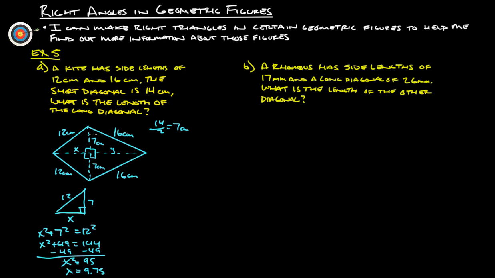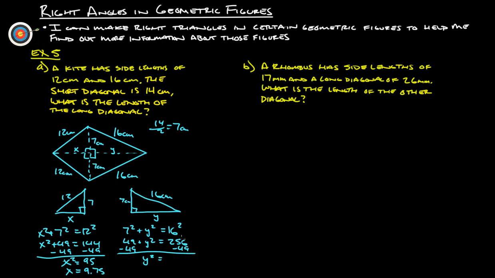So let's redraw this triangle. We've got that 7 right here. We don't know what this is. This is our y. That's what we're trying to figure out. And we know that that side there is 16 centimeters. Again, the hypotenuse is the 16. So we have 7 squared plus y squared equals 16 squared. So 49 plus y squared equals 256, since 16 squared is 256. Subtract 49 from both sides, and we get y squared